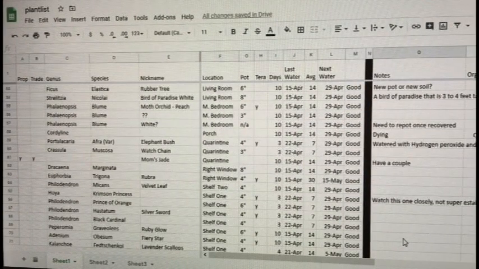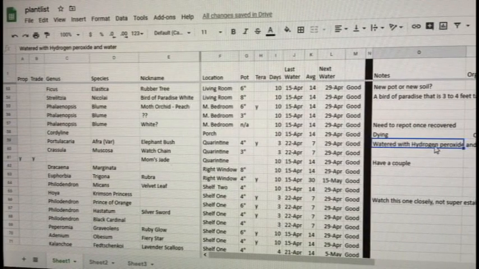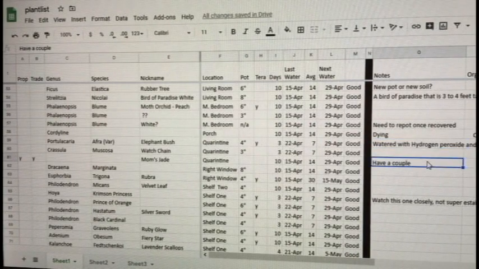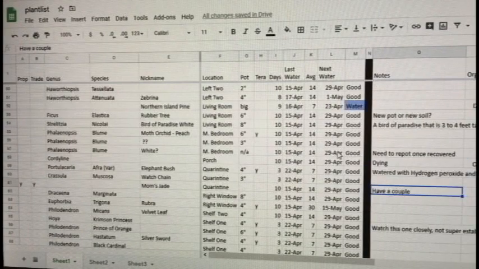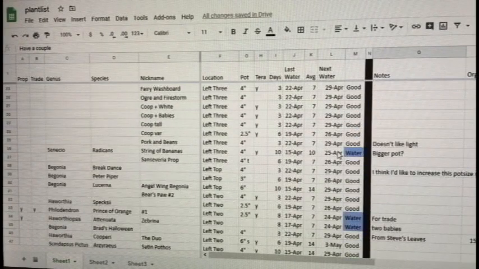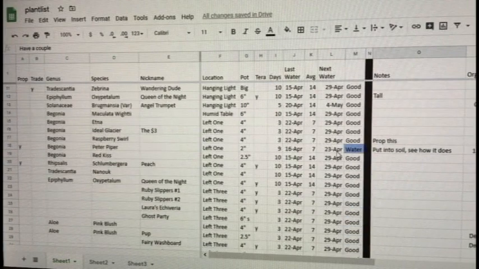And it helps me keep track, like, I most recently watered this with hydrogen peroxide because I'm still having pest problems on it. It is currently in quarantine along with a couple of other plants. And that's just kind of what I'm doing. So I will leave a copy of this. But what I'm going to do right now is go over the list,